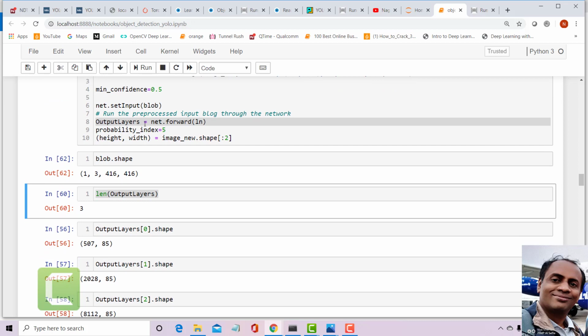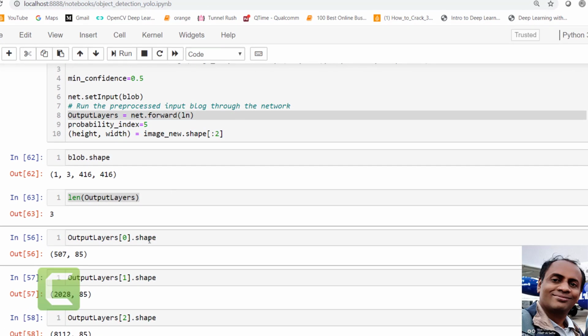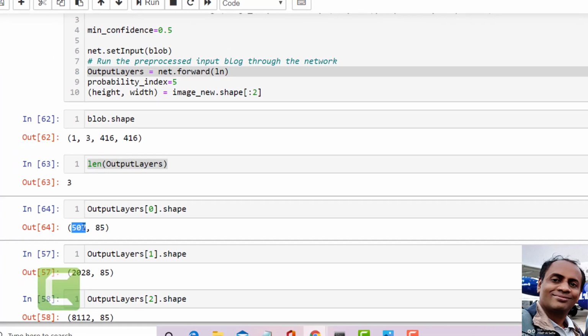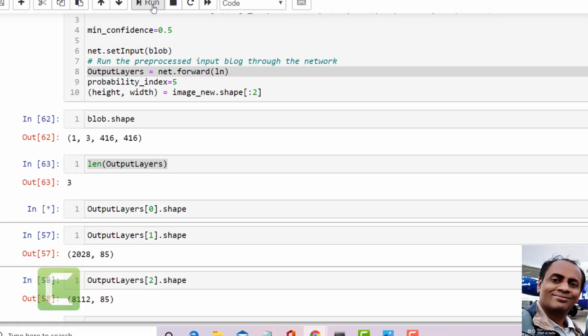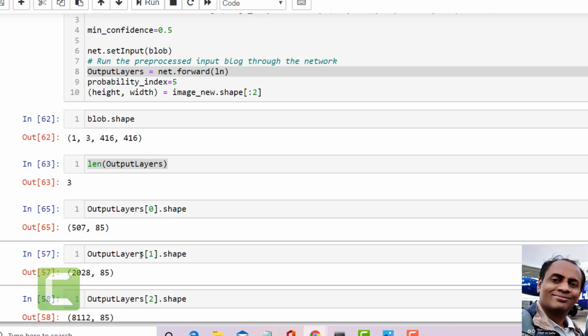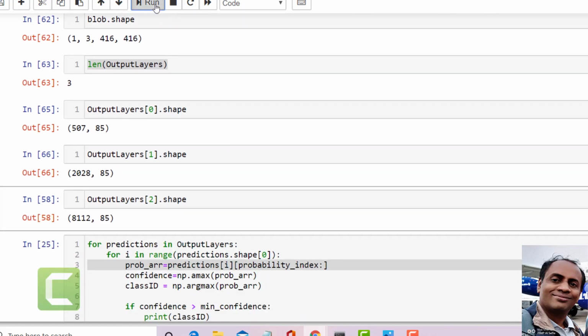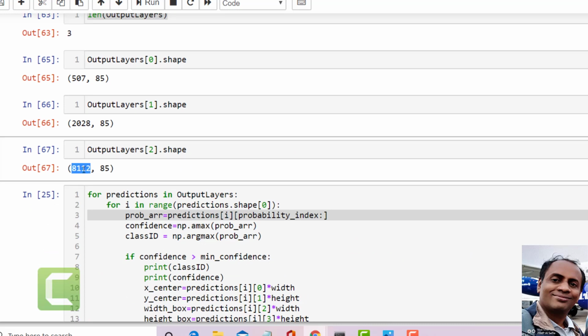So this gave us basically an array of three outputs, and each of the arrays has detections. Let me go through that. So what's the shape of the output layers? The first one has shape 507 by 85. 507 is the number of detections, and 85 I'll talk about in a moment. The second layer has 2028 detections, and the third layer has 8112 detections.